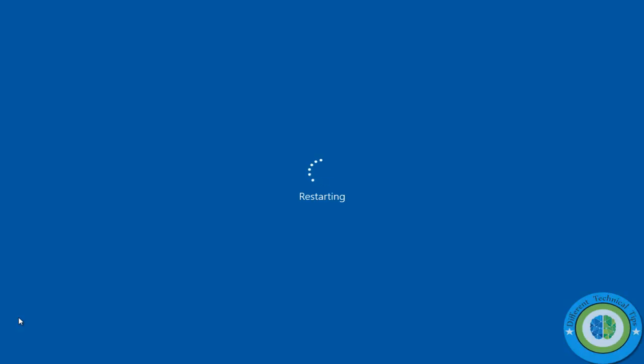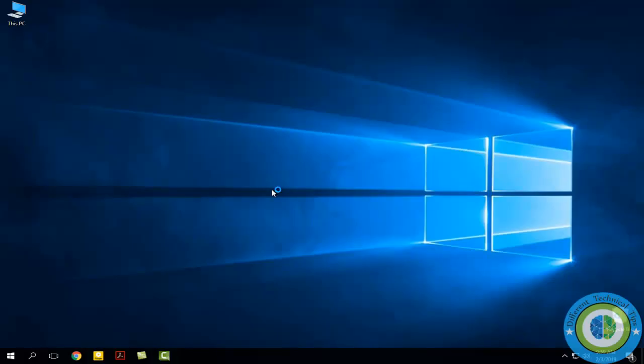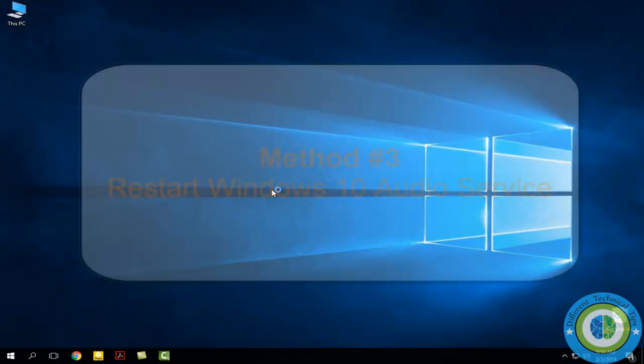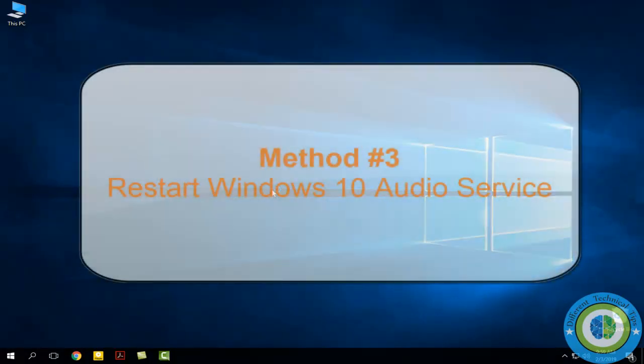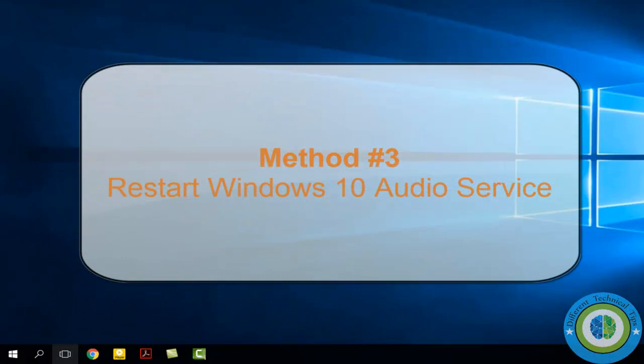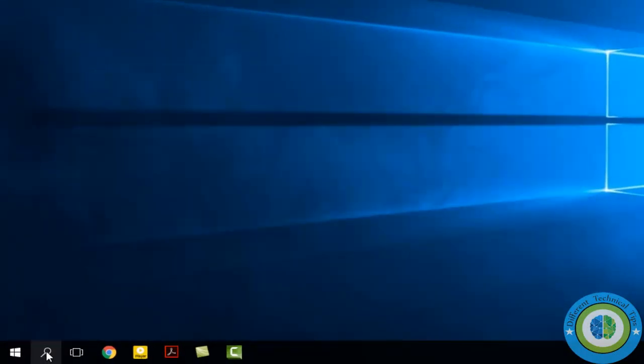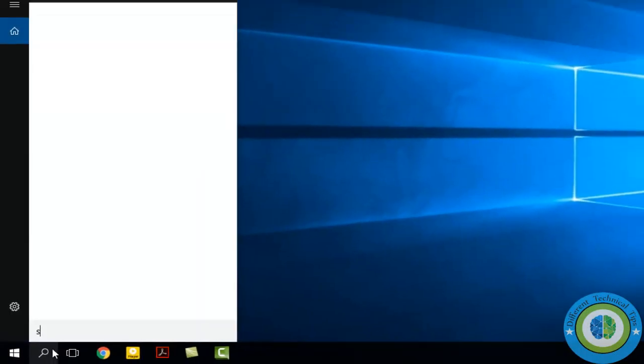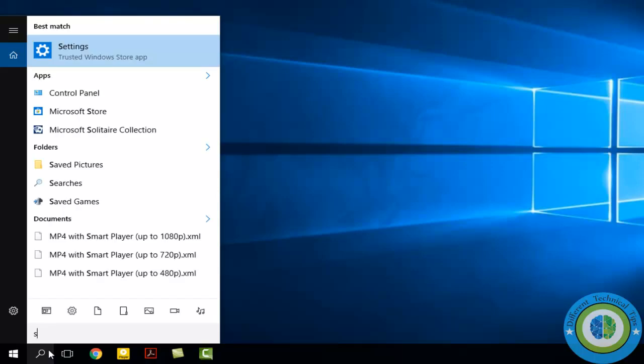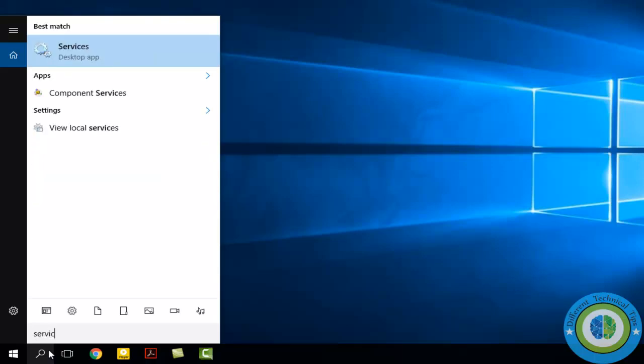And now your sound issue should be fixed, but if it is still not fixed, we will go through method 3, that is restart Windows 10 audio service. So again click on the search icon and write here services.msc, and now click on services,